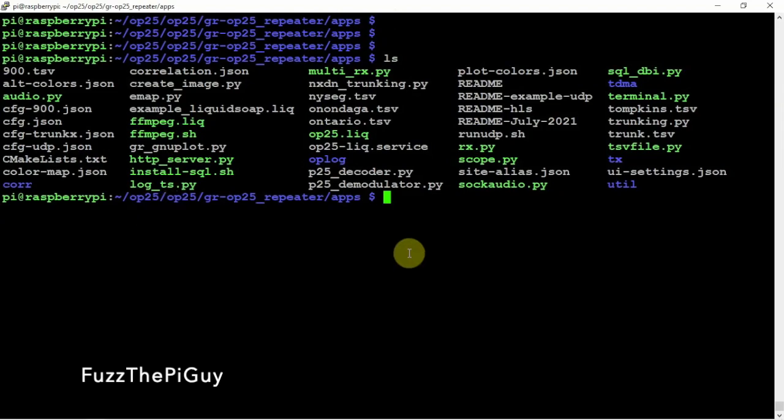This is where we can run the command to start the software, and this is where we need to add our information, basically the frequency and whatnot, in order to receive phase 1 and 2 information, and a variety of other different things. But like I said, that'll be in part 2. For now, if we just do rx.py just to start the software,